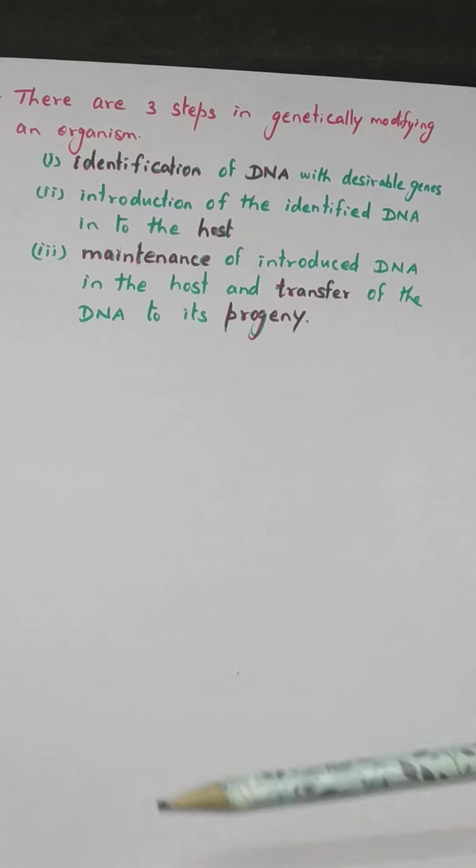And then there are 3 steps in genetically modifying an organism. First, we have to identify the DNA with desirable genes. And then we have to introduce this identified DNA into the host, into the E. coli. And then after